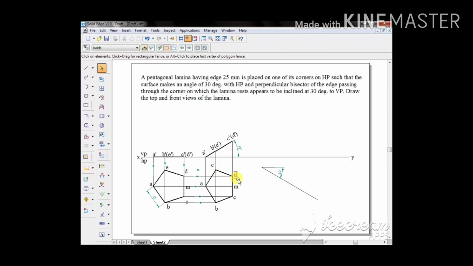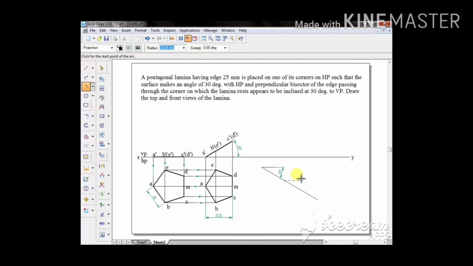So now we need to place this AM on this particular line because that is the median. Since it appears to be, AM should be placed on that inclined line. So A and M should be placed on that inclined line. That gives me the beta angle. So what we'll do is, we'll find out this dimension first. 33.32 should lie on that particular line here. When AM sits on that, all the rest of the points can be placed.